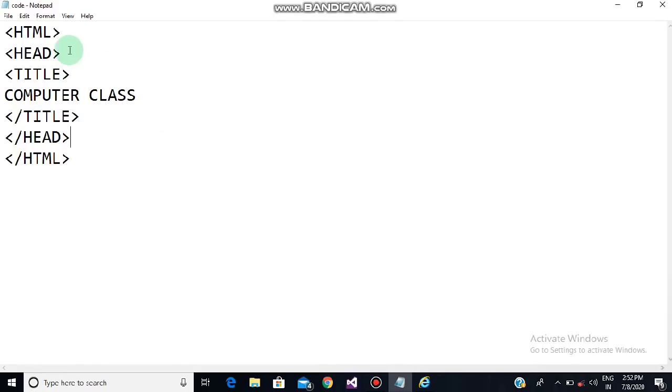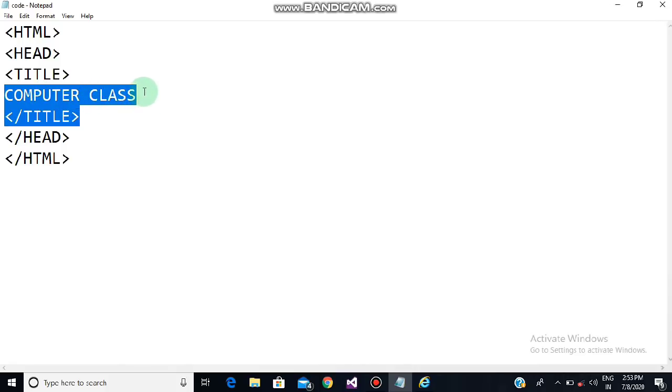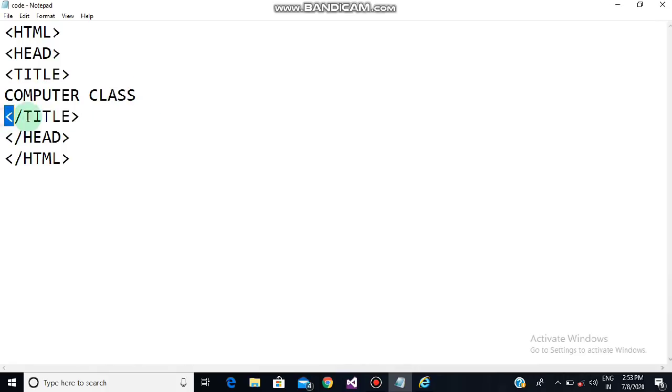So children, first same will be your HTML tag, then after your head tag, then your title is there, then after title, whatever title you want to give to your page, that is there. Then you need to close your title, then close your head, and then after closing your head, now you are going to open your body tag, BODY, body tag.